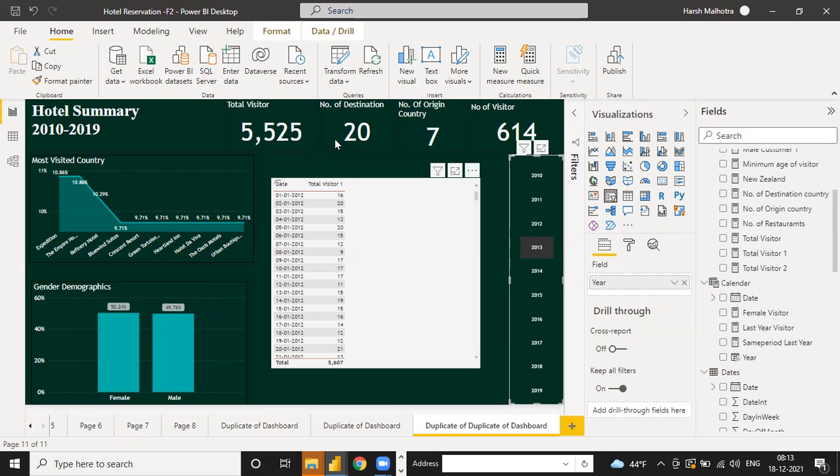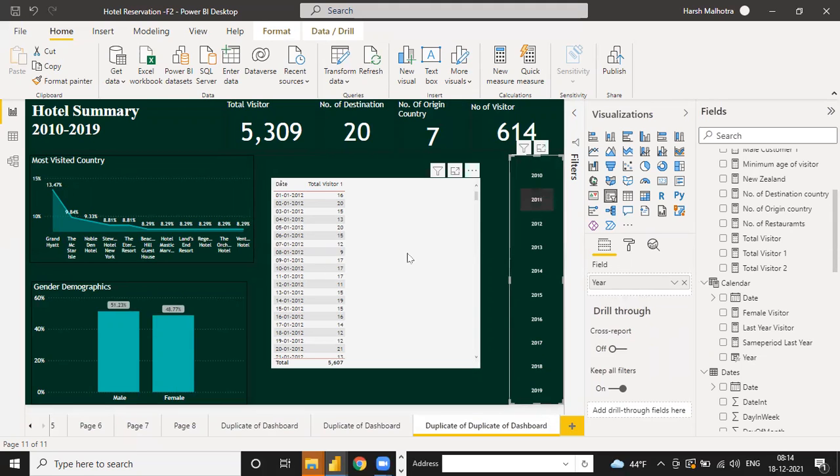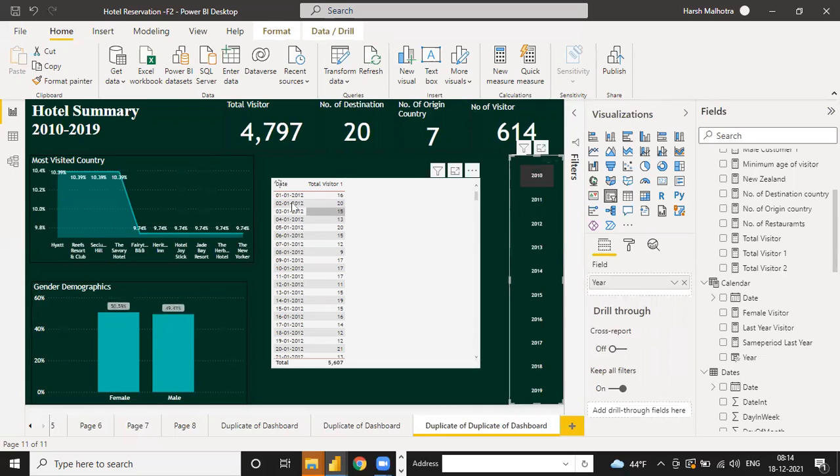It is loading actually. 2012, 11. Maybe the data is larger, so it will take some time.